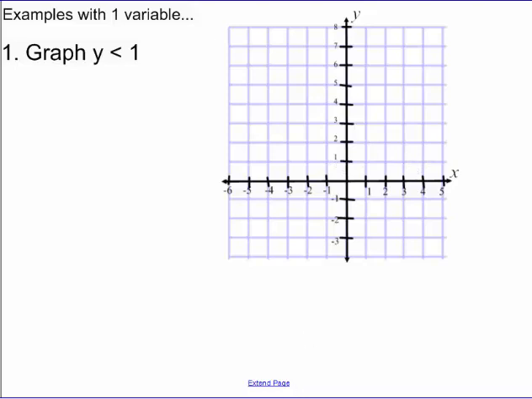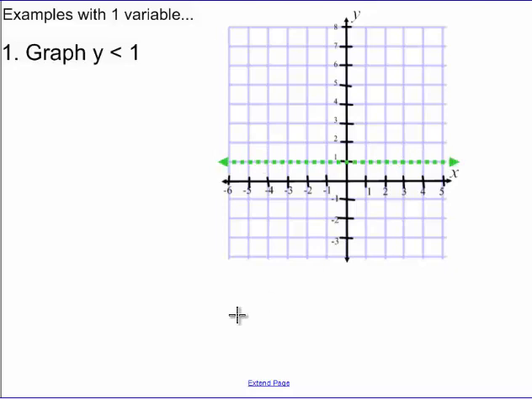When you draw it, you need to be aware of whether it's a solid line or a dotted line. So you go back and look at your inequality and determine whether there's an equals or not. In this case, there is not, so we are going to use a dotted line